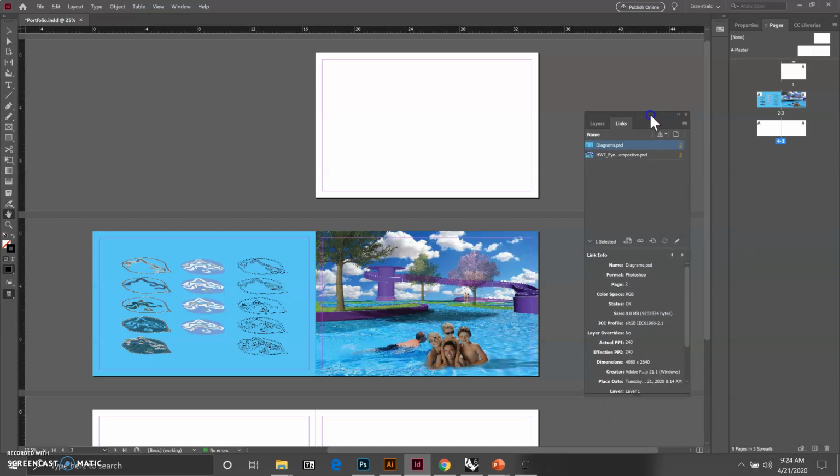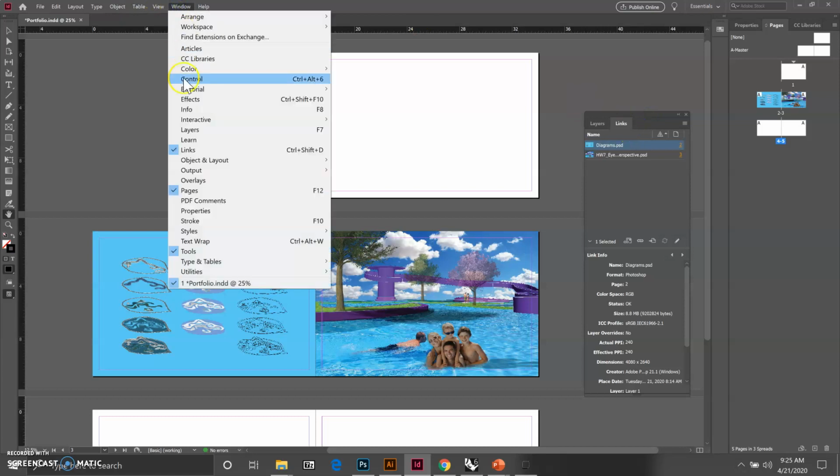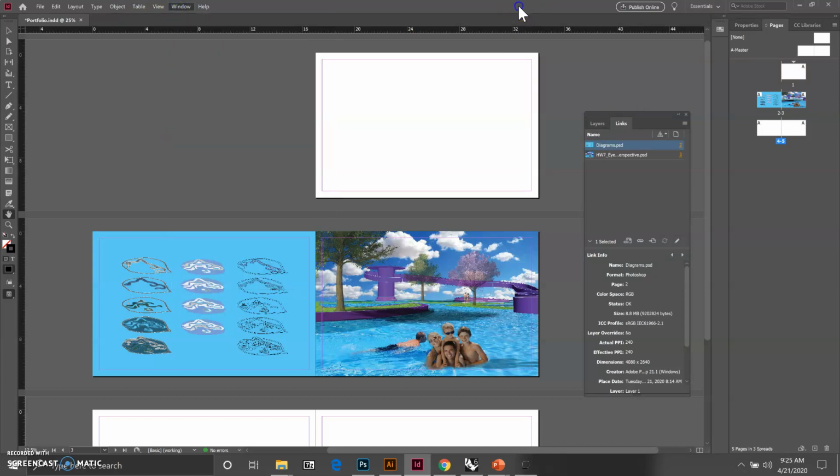So here's the links panel. You can go to Window and make sure your links panel is checked. So when you click on the files that we placed into InDesign, this works in Illustrator as well. We can basically click on Edit Original right here,